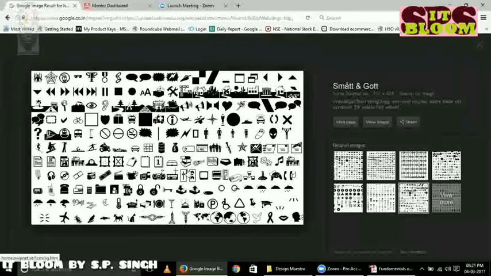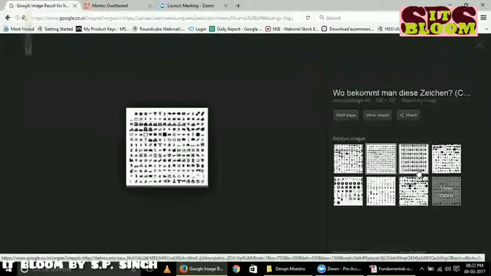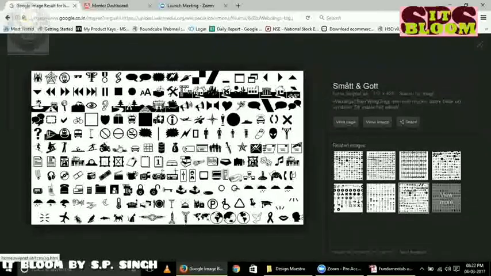What is the difference between graphic and typography? Can you see this sign, this character? Sometimes if you see a visiting card, you'll see some kind of phone icon, a telephone icon. When we use it in that way, where characters are there, that becomes our typography.